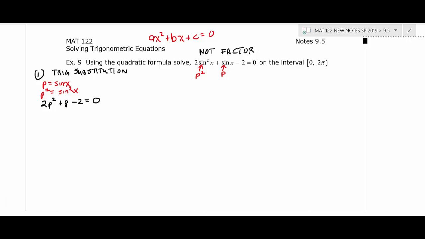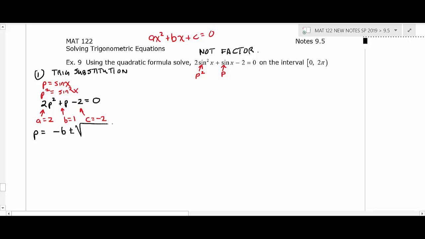Right, so what I'm going to do is solve this equation. In the quadratic formula, a is the coefficient of the squared term, b is the coefficient of the middle term, and c is the last term. You want to use the signs, whether they're plus or minus. The solution of this variable would be given by the quadratic formula, which is negative